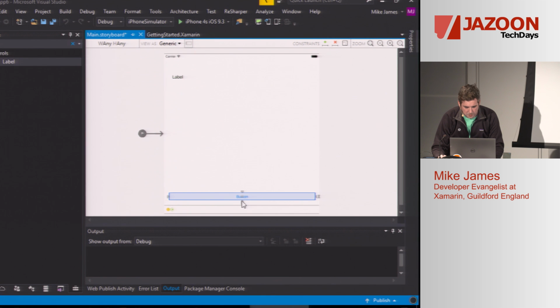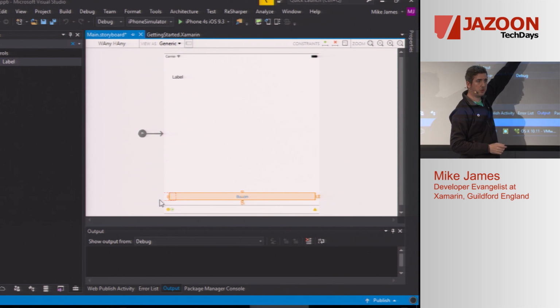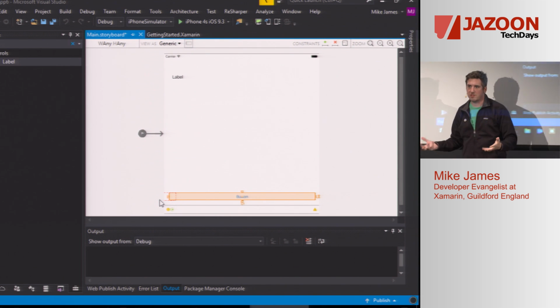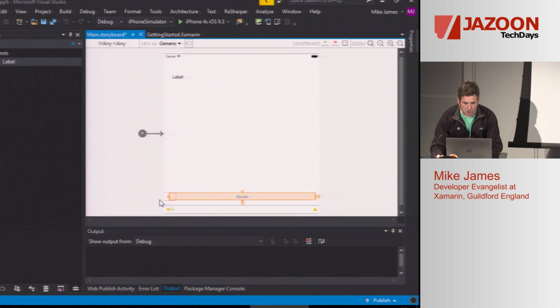So I'll get the little handlebars again, I'll stick it down here. And we see the little dotted lines to tell us this is how it's going to render on device. So if I was just to deploy this now because it's an invalid auto layout, this is how it's going to look, which isn't how I want it. I want it to stick to both sides. Depending on how big the view is, it will just resize appropriately.